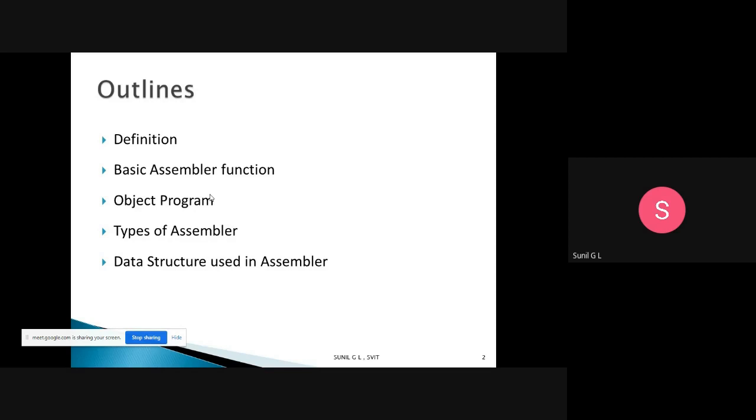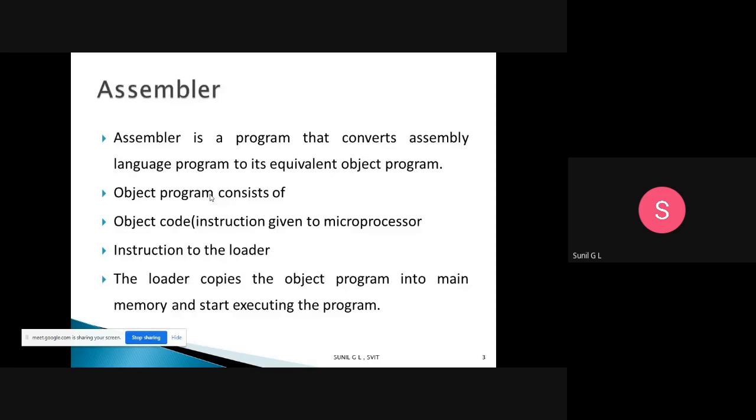We already gave a brief introduction to assemblers in the introduction class. Anyhow, I will continue with the definition of assemblers. We already know that we write the source program in a higher level language or assembly level language, and that will be converted into machine level language, because the computer doesn't understand assembly level language or a high level language. The assembly level language, as we already know, is mnemonics. That is nothing but just instructions we are writing.